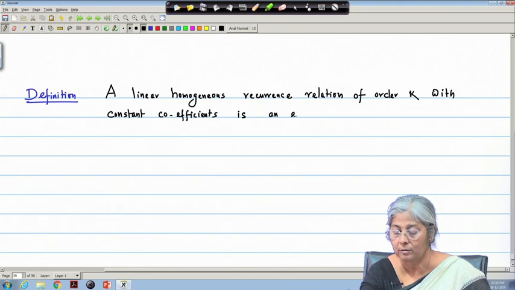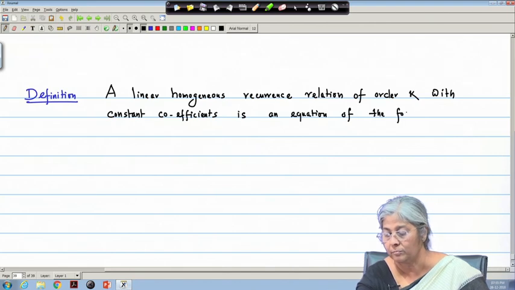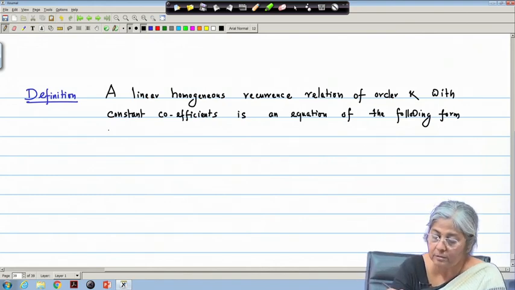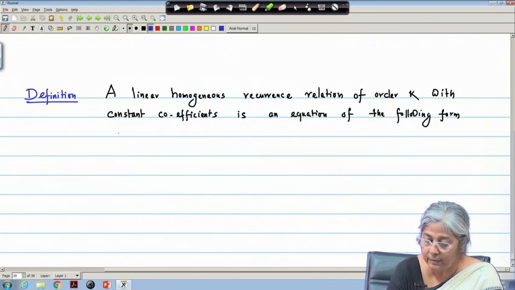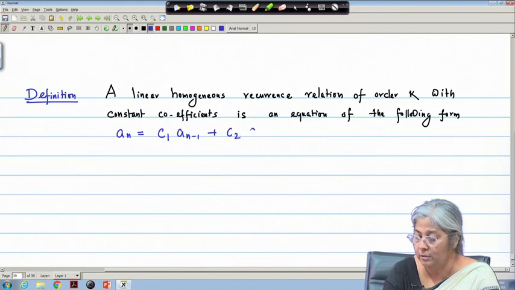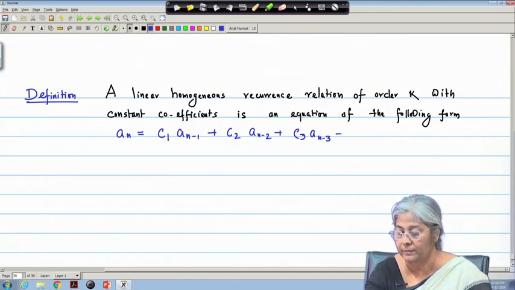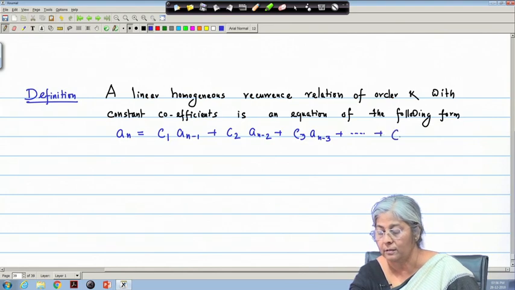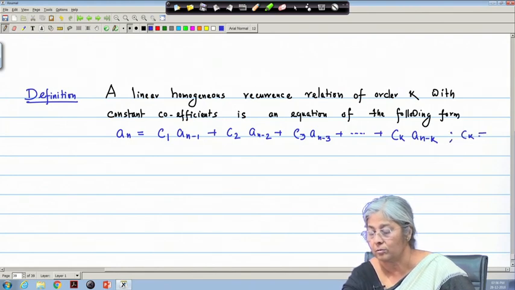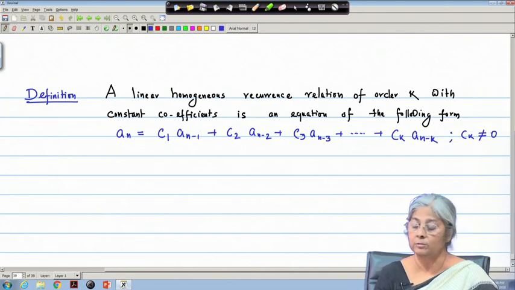An equation of the following form. I write that a_n equal to c_1 a_{n-1} plus c_2 a_{n-2} plus c_3 a_{n-3} plus ... plus c_k a_{n-k}, where c_k not equal to 0 because it is an equation of order k,